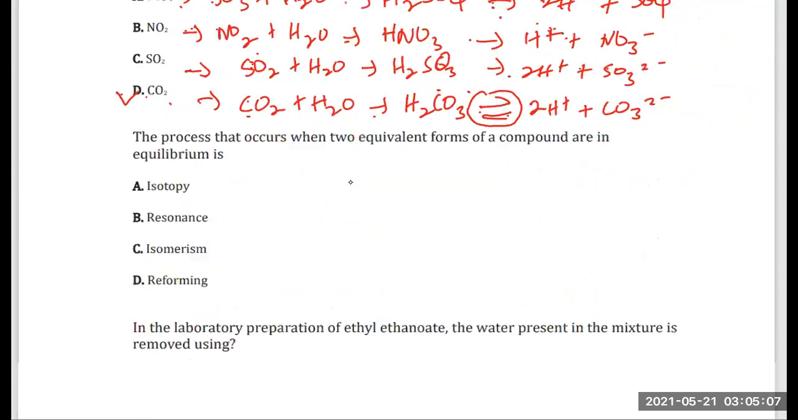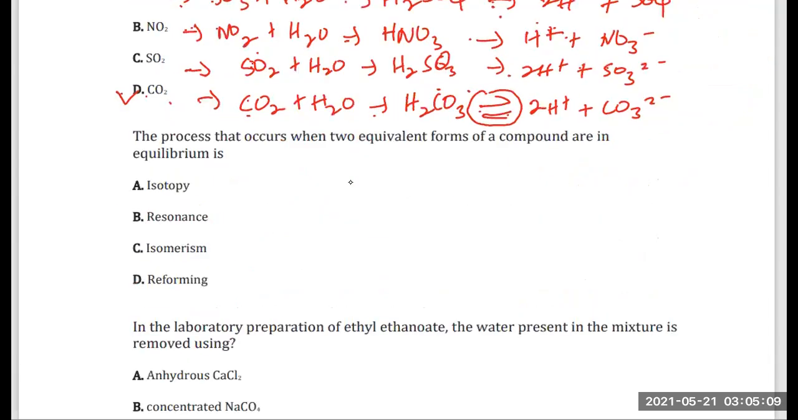The other question we have there: the process that occurs when two equivalent forms of a compound are in equilibrium is what? So let's pick, what is isotopy? When you say isotopes, we are basically talking about a phenomenon where an element can exist in different forms in the same physical state. We have examples of isotopy, let's say isotopes of hydrogen, for instance, where you have